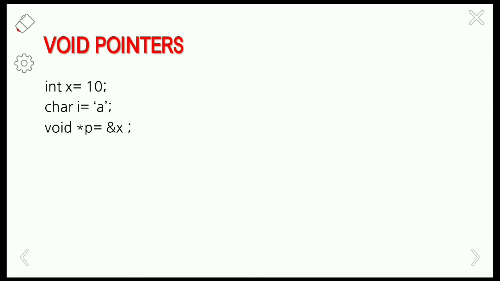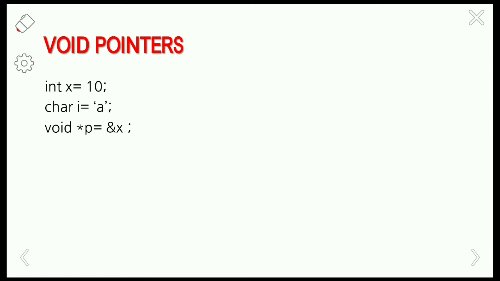I'm going to apply the void pointer for the variable x. So I'm taking a pointer p, and it is storing the address of the variable x. Normally if we are storing a variable of integer type, then the pointer must also be of that type only. Here since I am taking the int type of variable, the pointer also must be the same type. But we are using the void pointer because a void pointer can accept a variable of any data type. It will simply typecast that variable into the